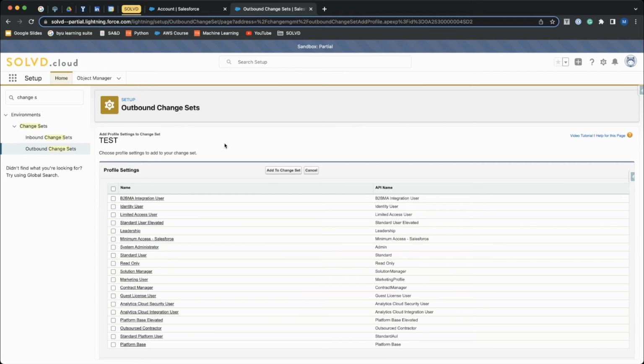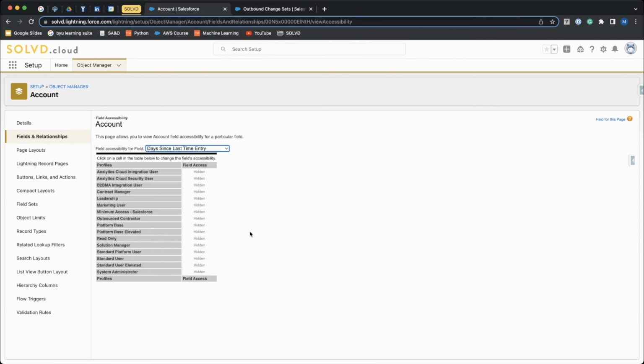If not, the field accessibility won't carry over into the production org, and Salesforce is going to hide them by default. And so just a little tip, if you didn't know this already,